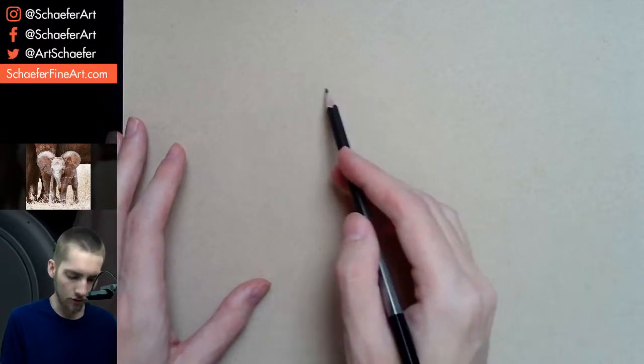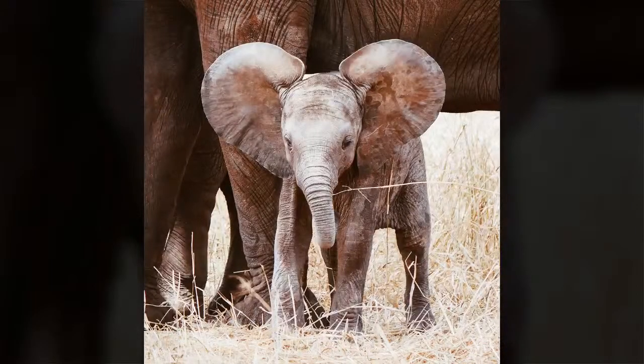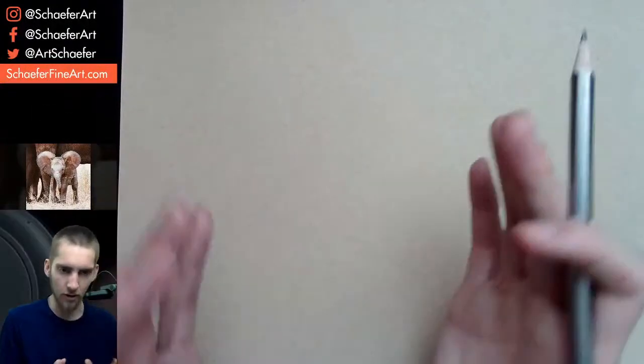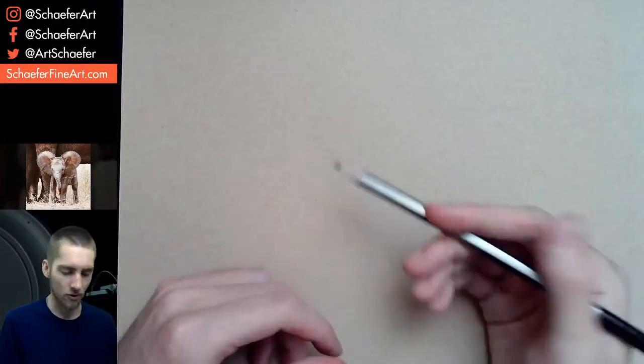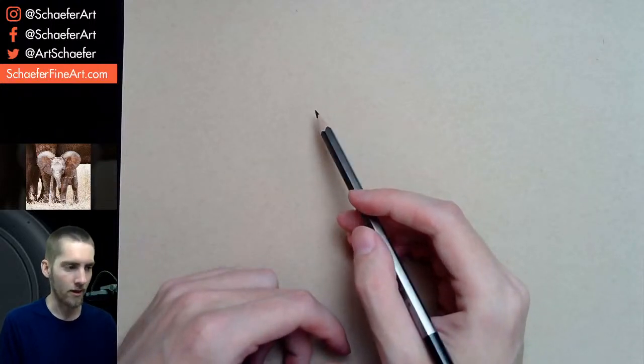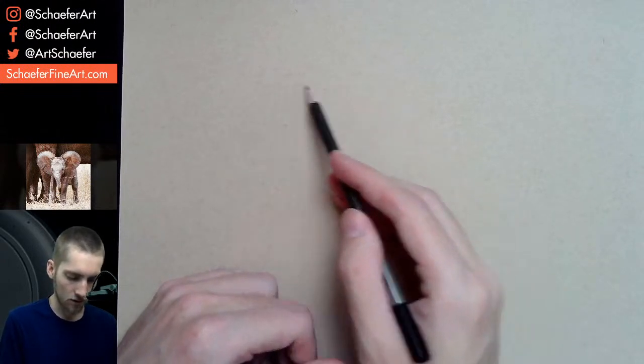So I'm going to start out with the head, I believe, because that's the main part of this reference. If you look at it, the head really stands out, the big ears and this triangular shape. So that's what I'm going to focus on getting right first, and then I'll create the body around it. I think that's how I'm going to approach this one. So I'll start by